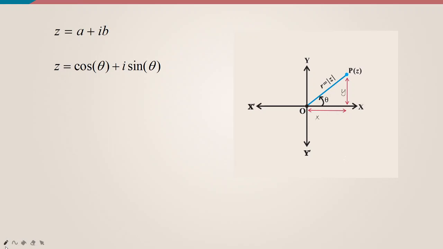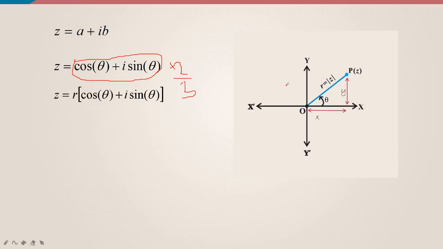Let me make it a little clearer. If I multiply this by 1, the z value will be 1. If I multiply this by 2, I'll get 2. If I multiply this by 3, I'll get 3. So I can get any number just by multiplying it, right? So what is this multiplying? Scaling. I need to scale this higher. r is equal to 2, modulus z is 2, or modulus 3. I can write it like that. So we get this representation, that is z is equal to r into cos theta plus i sin theta. r is the scaling factor. r is the number with which you multiply.